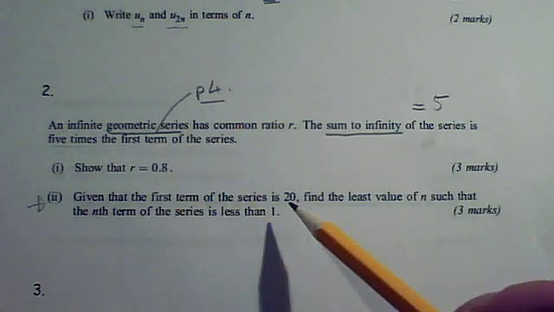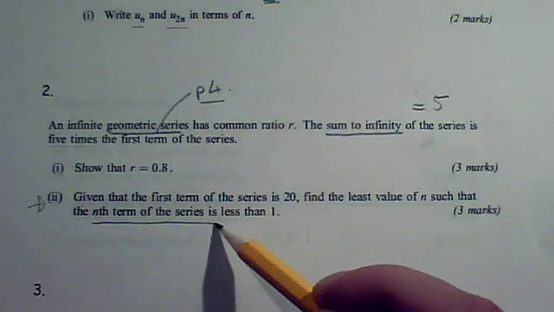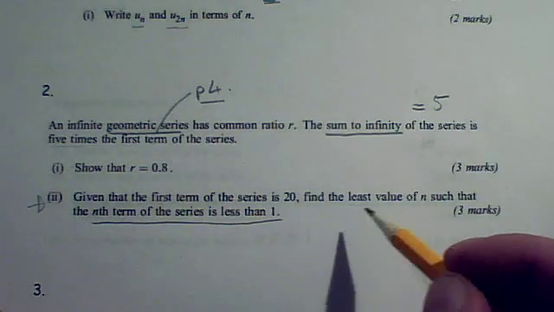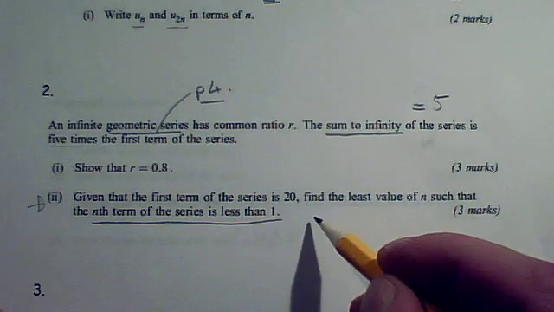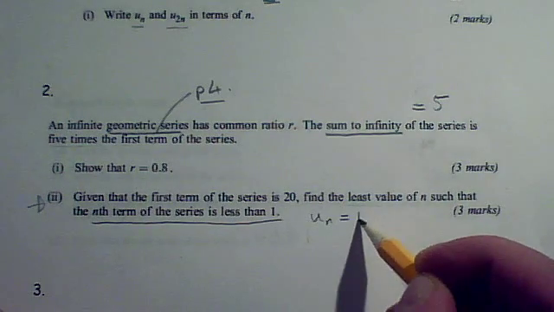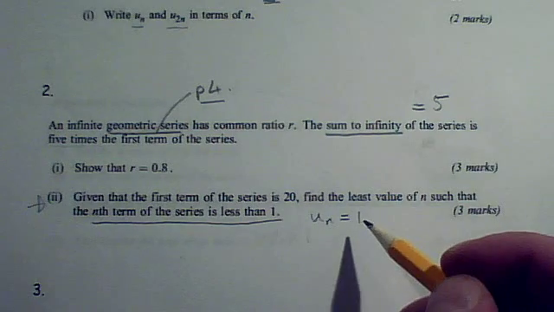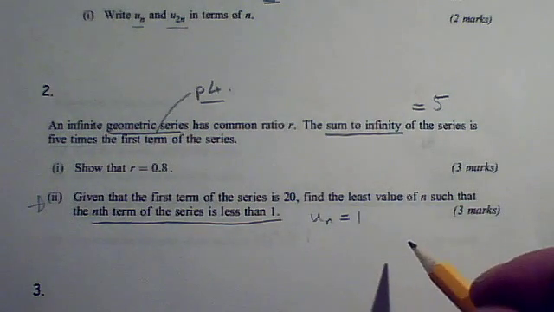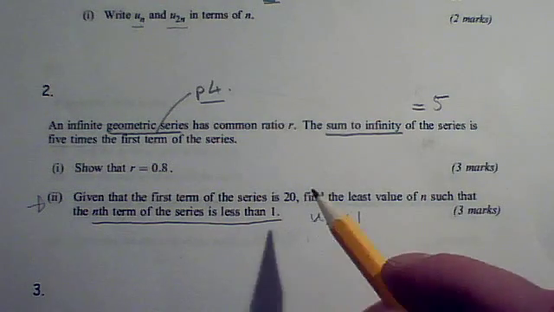so now we've got the value of a as well as r. We want the nth term of the series to be less than 1. You're best off thinking about whether the terms are increasing, decreasing, and stating that, and then thinking about when un would equal 1, find out what n would have to be to make that happen, and then argue, based on the fact that terms are increasing or decreasing, which side of that value you'd have to be to stay less